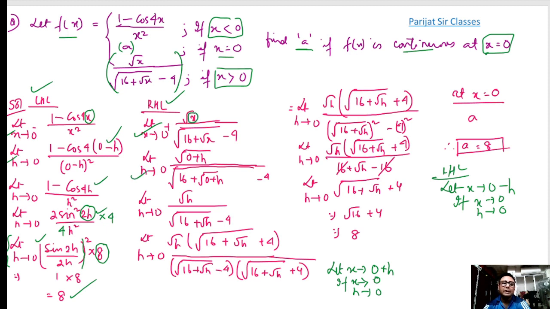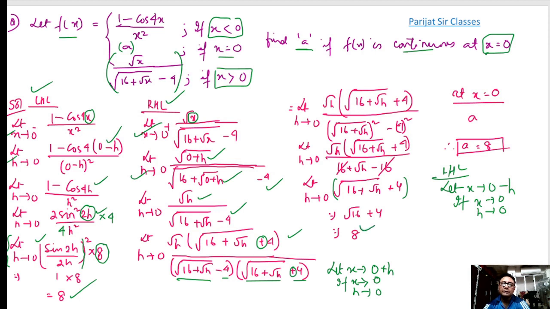In place of x I am putting 0 plus h. So it comes out to be this. Now rationalizing the denominator with the opposite sign. This is (a minus b) into (a plus b), which is a square minus b square. So this cuts out, and then root h will cut out. So it comes out to be this. Now putting the value of h as 0,